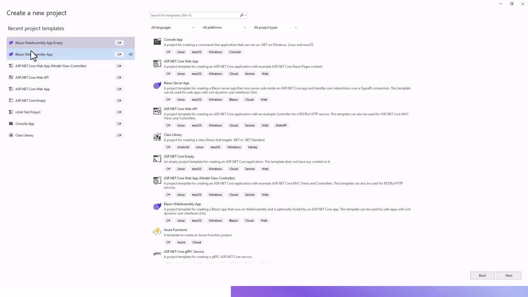So these are the Blazor recently used project templates. I will go for the first one, Blazor WebAssembly app empty. You could as well select Blazor WebAssembly app, and this will be preloaded with the counter component and the weather component. But I wanted this clean. I will start with a clean slate and write the code myself. So I will click this one, Blazor WebAssembly app empty,